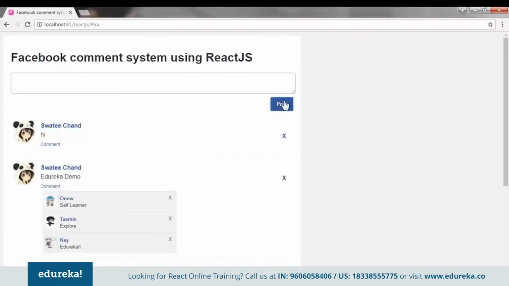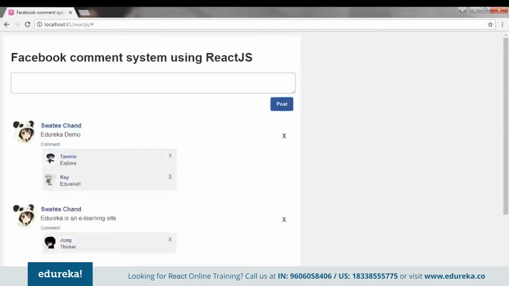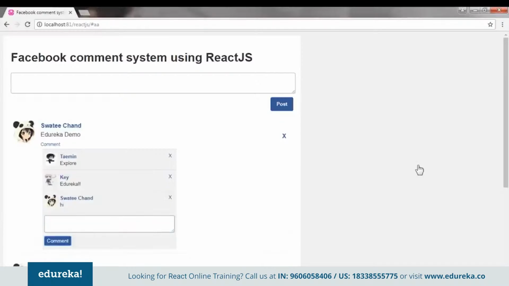Here I'm adding a comment. I can delete my comment. I can even delete some other's comment if I have the authority, and then I can reply to others' comments like this. Perhaps you would have noticed that whether I'm adding or deleting comments, only that section is getting updated